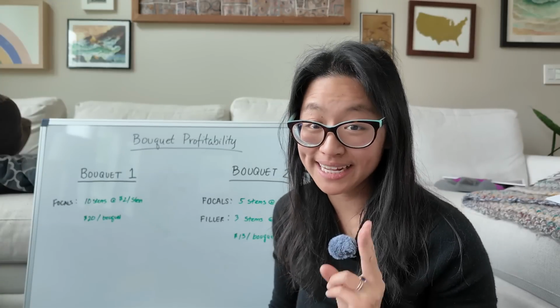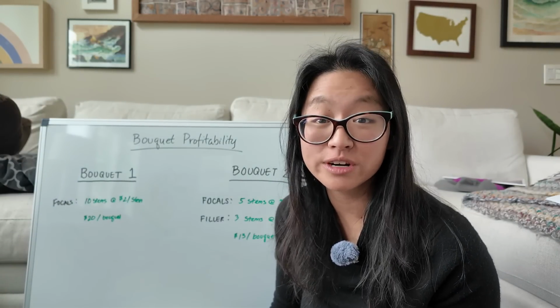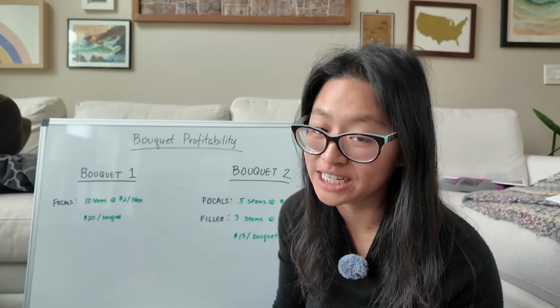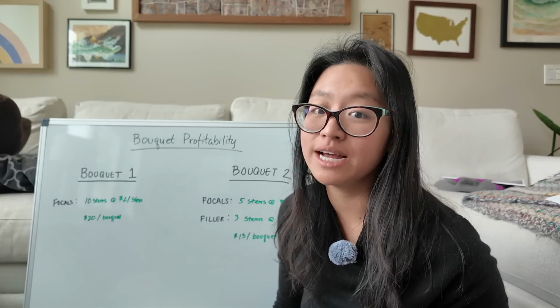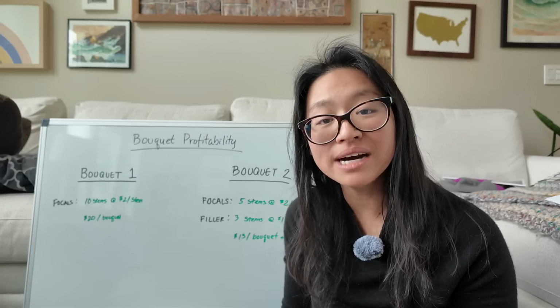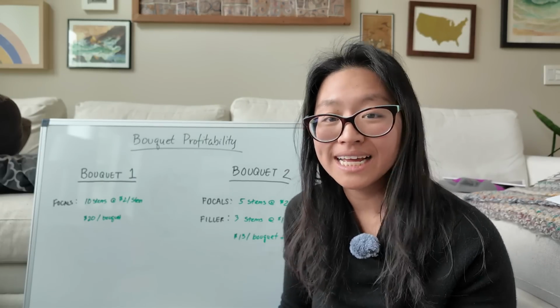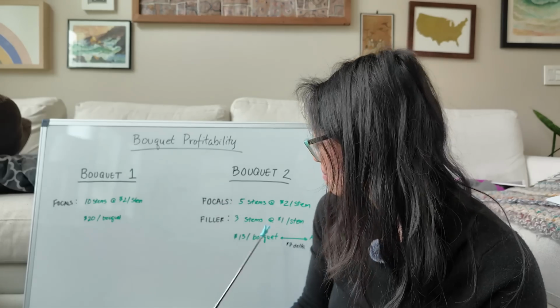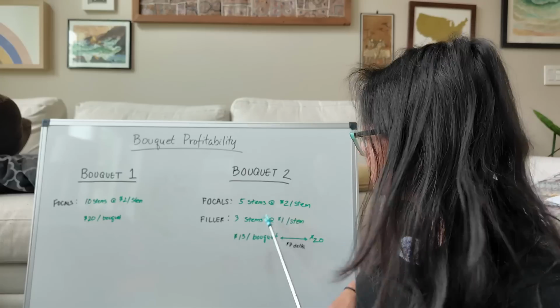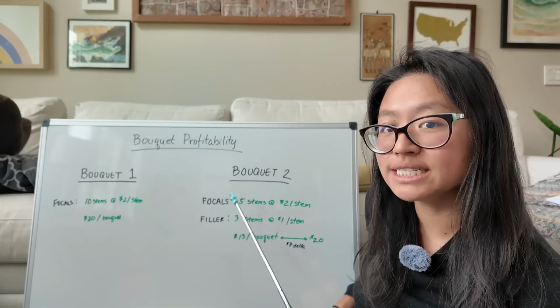So this brings me to my second aha, which is that as one gets bigger and has more demand for flowers and needs to make more bouquets on a weekly basis, it becomes now in your best interest to diversify into more crops, because the amount of time and labor and the inefficiencies of growing more crops gets significantly outweighed by this piece over here, which is the delta that you can fetch with having a lower priced stem in